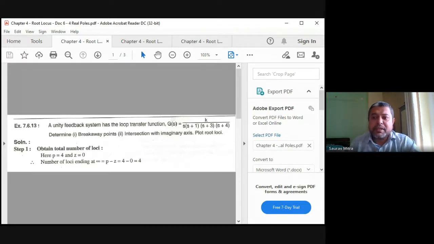Yesterday we took 3 real poles: 0, -3, -6. We found that the -6 pole goes to negative infinity as K is increased. We found that the poles at 0 and -3 were coming closer to each other. So listen to all the lectures, or at least see the notes which are uploaded. From 0 it was moving to the left with increasing K, and from -3 it was moving to the right. They were meeting at the same point.